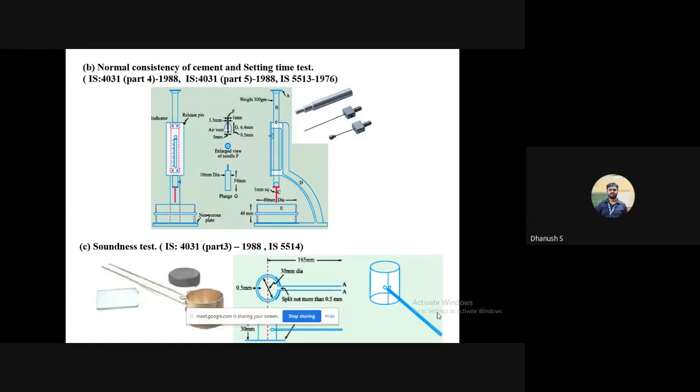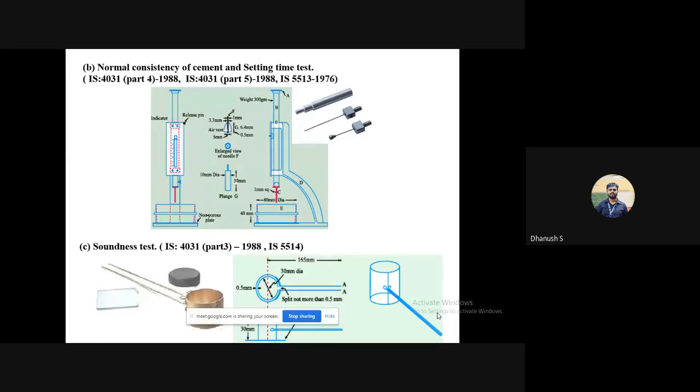Here we try to measure, not exactly quantify, if there is any unburnt lime in your cement sample. If there is unburnt lime or magnesia in your cement sample, once it hydrates, it expands, the volume increases. And you don't want the volume of concrete to increase once it is hardened, because you have a definite amount of space, volume or formwork. If you've poured concrete into it, you simply want the concrete inside to set and harden. You don't want it to expand and come out of the formwork, because it will be disruptive.